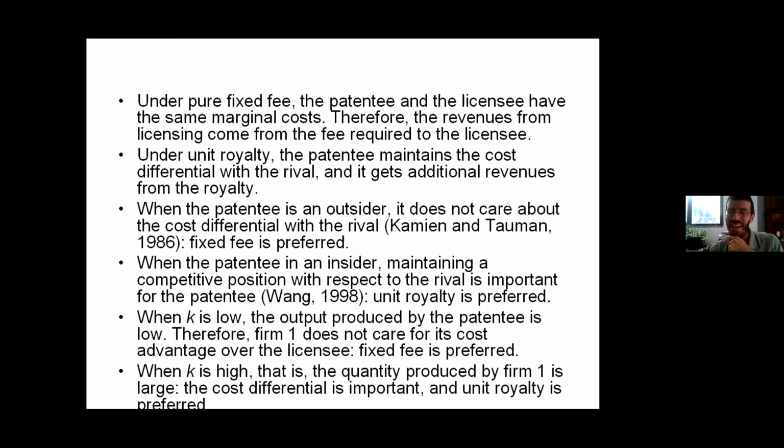Pradeep, let me add that at the previous version of this conference many years ago, I presented a paper on uncertain patents. A patent can be upheld if taken to court only with probability P, and that suffices. So this is uncertainty through the strength of the patent. And that suffices to reverse the result about the superiority of the fixed fee. I see. You can then have royalties being superior to fixed fee in the basic comparison. I see. Okay, very interesting.